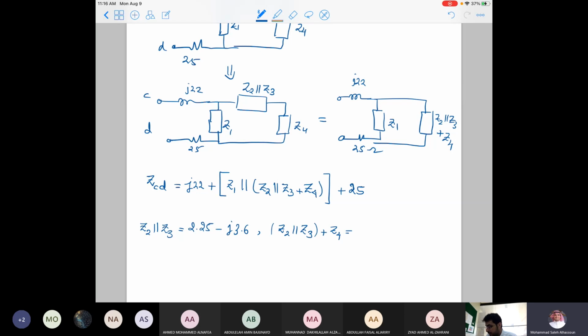I will get 225. Now I have the entire impedance here in parallel with Z1. Z1 is minus J20. So if I calculate